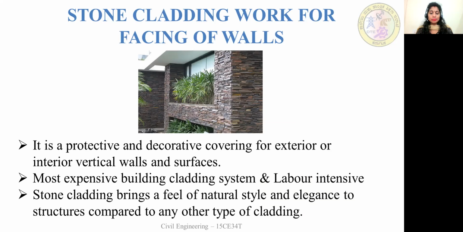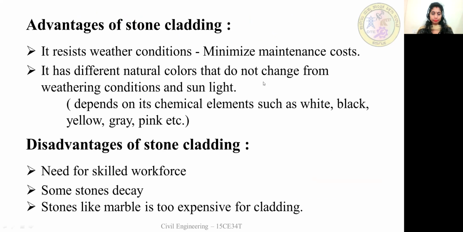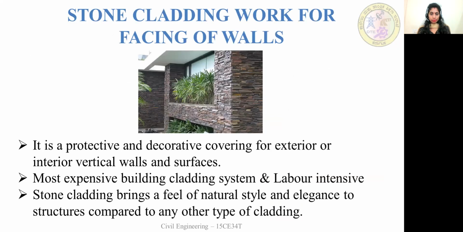A facing of thin stone layers of natural or simulated stones, such as limestone, sandstone, slate, marble or granite, is used for the cladding works. Stone lining up to 80 mm should be treated as cladding work. Here, we are using stone veneer for the cladding works. Lining up to 18 mm should be treated as cladding work, and thin tiles of 300 mm square and 450 mm square pieces in thickness.